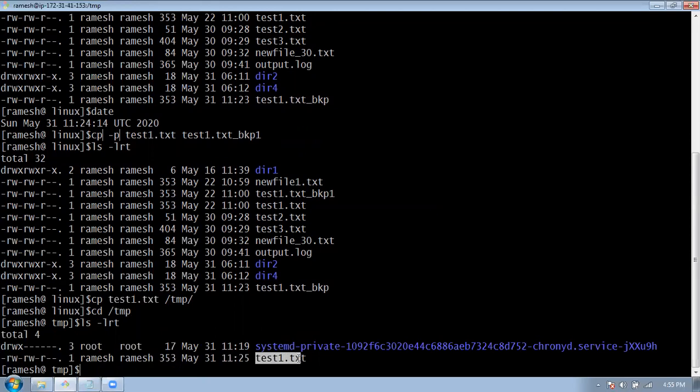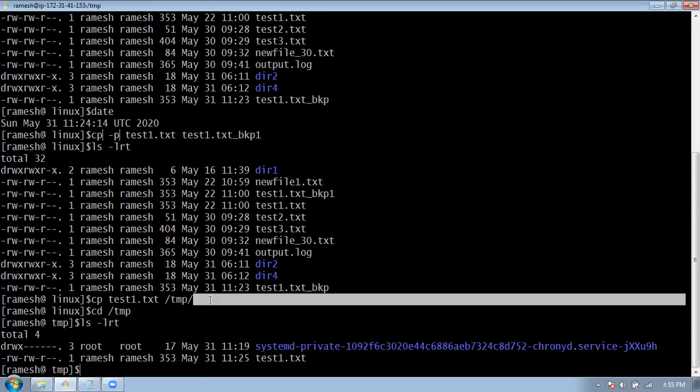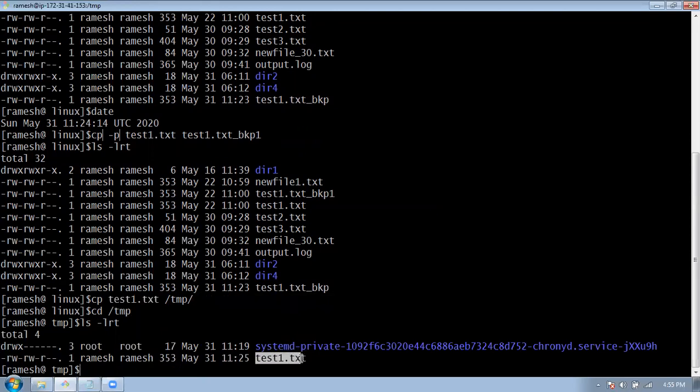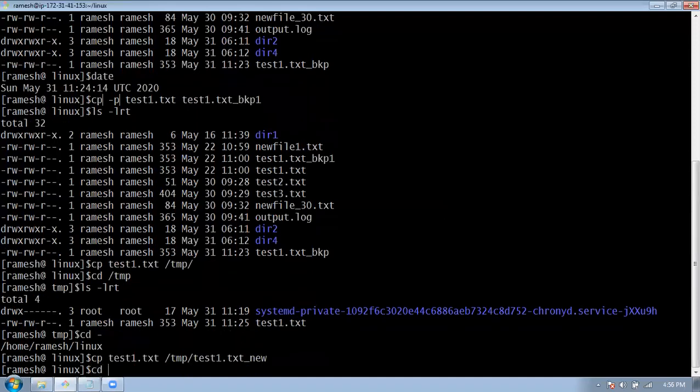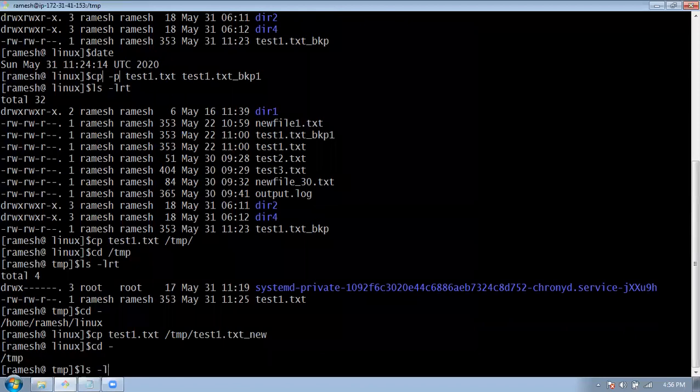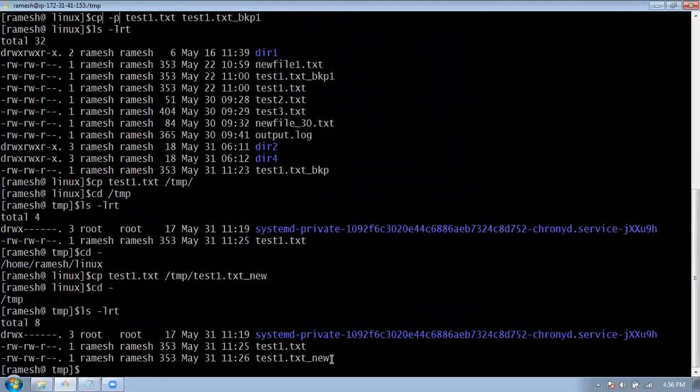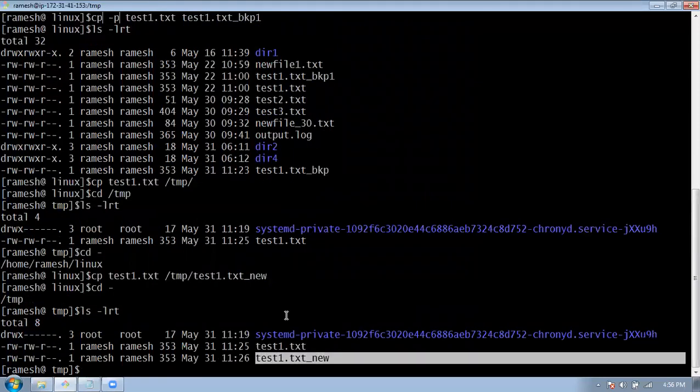So it copied the same name. So suppose if you want to copy with different name, you can give a different name here. So like this, go and check there. So there will be a file with your name has been copied. This is how the CP command will be used.